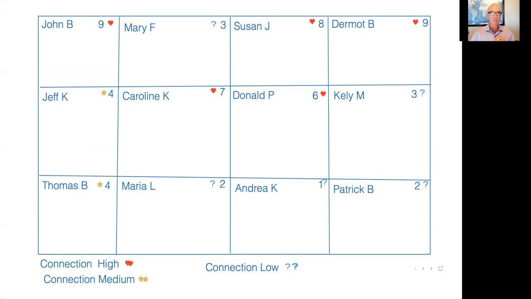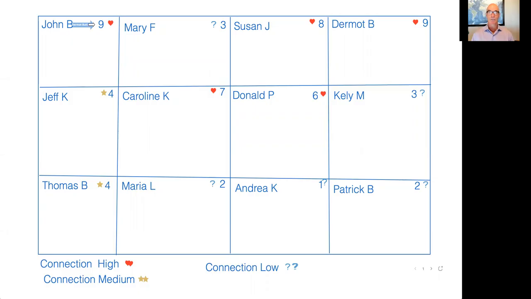Let me see if I have a little arrow or a spotlight. Yeah, an arrow. Okay. So you scale it from high, medium, and low. What does that mean? We're scaling the connection, on a scale of 1 to 10. So you might have John, maybe your neighbor or somebody you know, and you ask, on a scale of 1 to 10, where's my connection with John? Well, I know John well. We went out for drinks. He's been over to the house. I know a little bit about his job. I know he's challenged with confidence. And so on a scale of 1 to 10, my connection is pretty solid with John. So you'd scale it a 9.